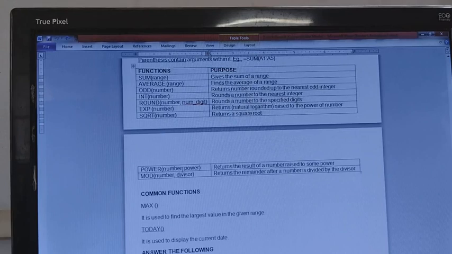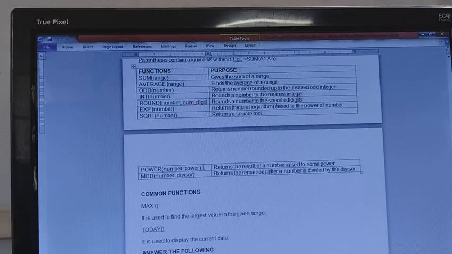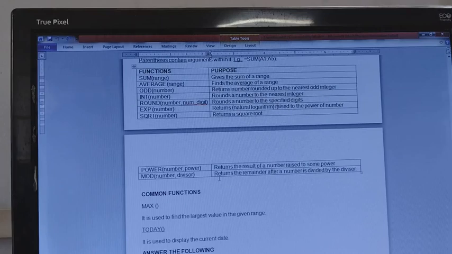Power, number, power, will return the result of the number raised to some power, whatever power we need. First we have to write the number, then a comma, then the power. It is written here, and you have to write according to that only. Mod will give us the remainder; we use mod for the remainder. Some common functions which we use are